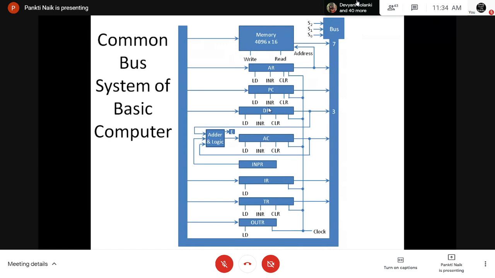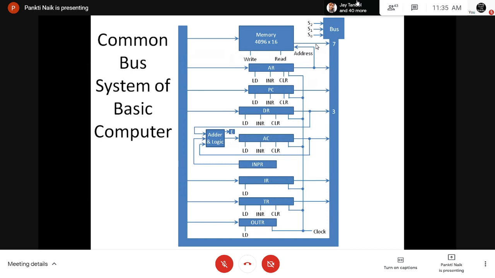Right? Now next, if S2, S1 and S0 is 111, right? Whenever the value of S2, S1 and S0 is 111, right? So 111 is equivalent to 7, right?